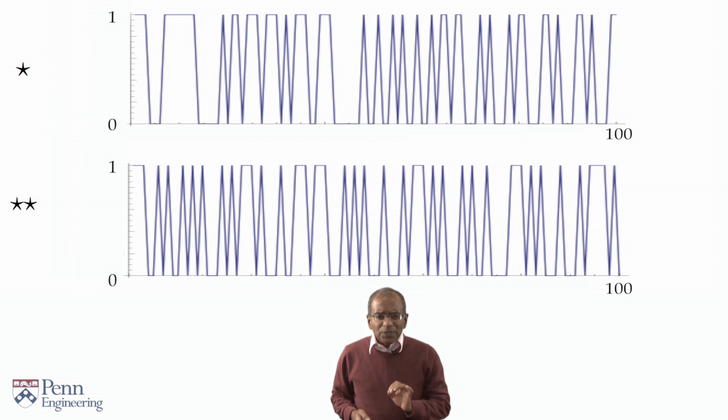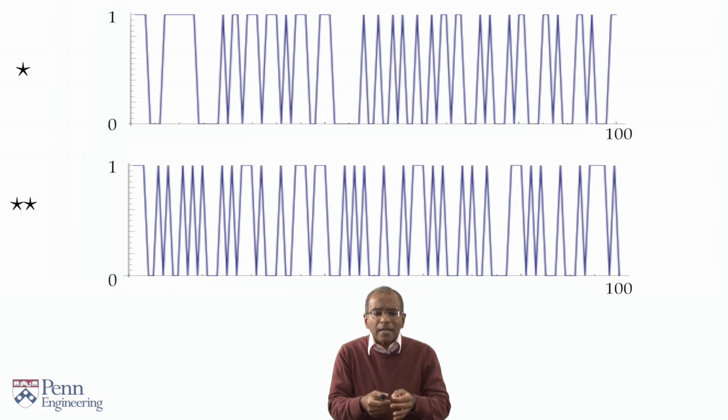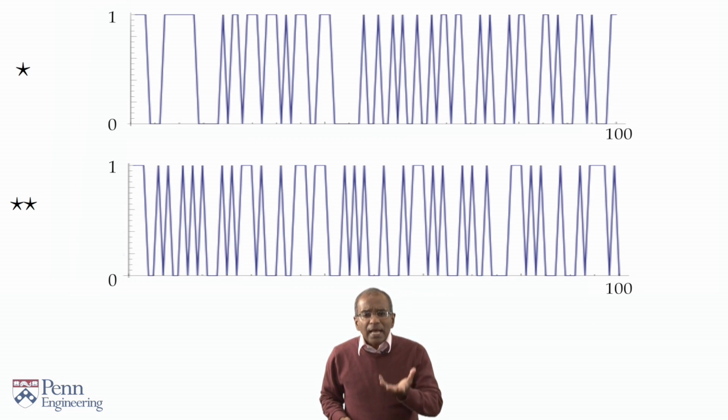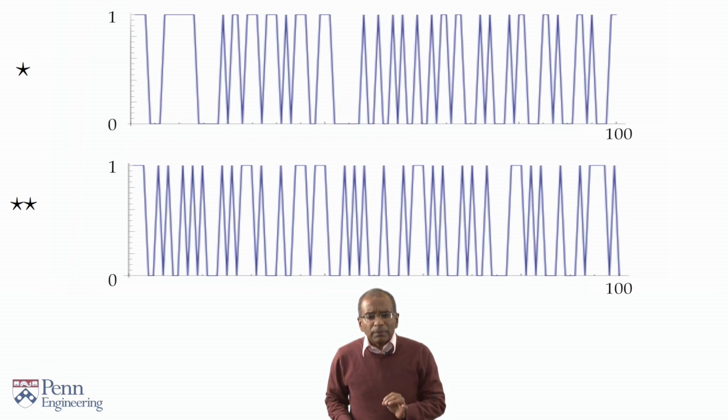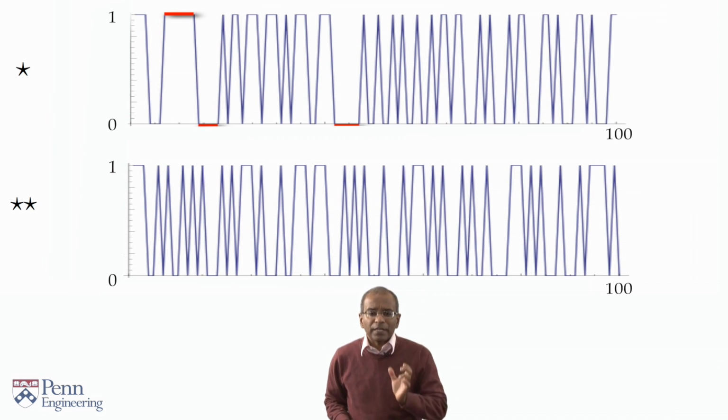Now, when you look at these two figures, you might say, well, the graph of the sequence labeled star is jagged, but it appears to have rather large mesas and valleys, peaks and dips. Now, to focus on them, here are three, a mesa and two valleys, which seem to be quite large. The sequence labeled double star, on the other hand, is jogging back and forth fairly unpredictably, like the first sequence, but doesn't seem to have a large mesa or a large valley anywhere.